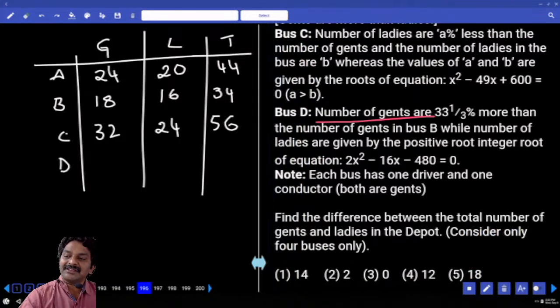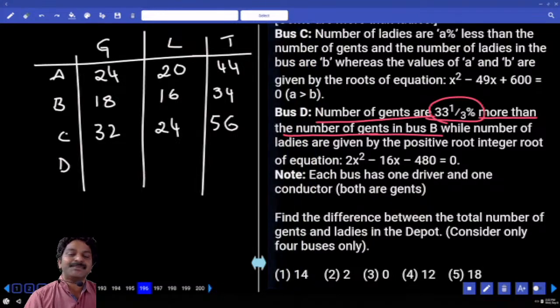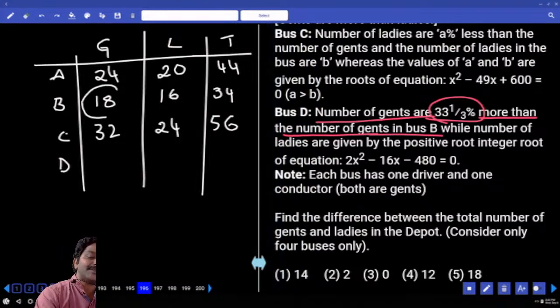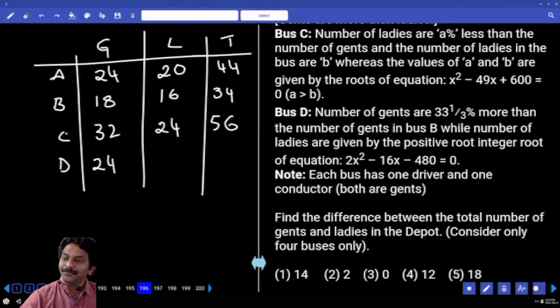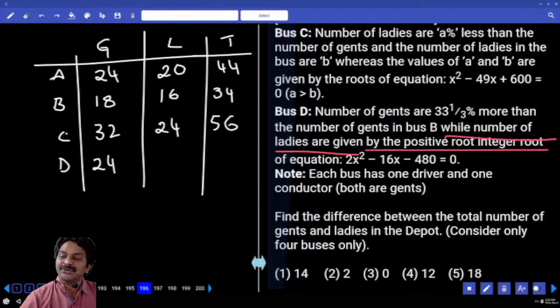Number of gents are 33 1/3%. Stop. 1/3 more than number of gents in bus B. Number of gents in bus B, how many are there? And with respect to 18, 1/3 more we have to calculate. What is 1/3? 6. 6 more. Who are they? Gents in D. Okay, next continue. While the number of ladies are given by the positive